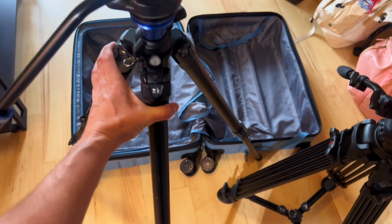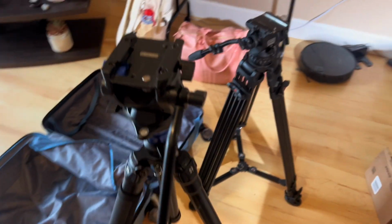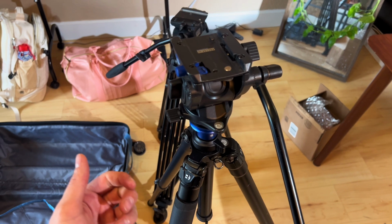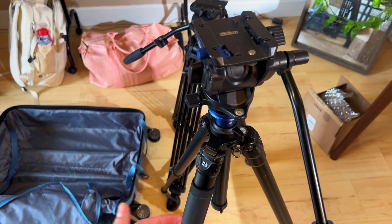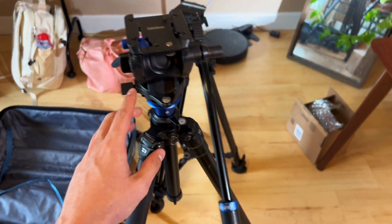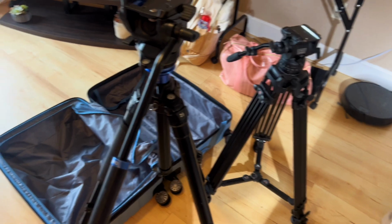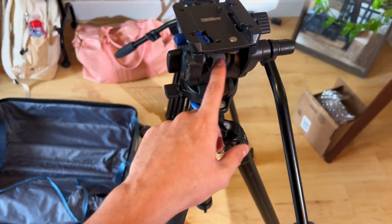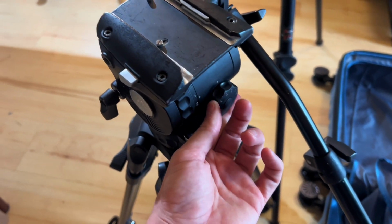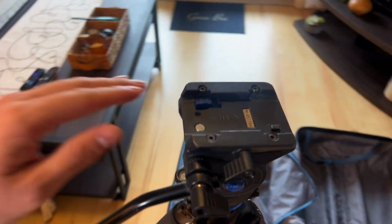this super lightweight little tripod, which was perfect for when I had the GH5S before my C70, the 80D, the 60D. This thing was perfect for that, and it was perfect for my skills at the time. Now it's perfect for this type of job, even though this is a much better tripod. The only thing it doesn't have, which I really, really wish it did, is the counterbalance. It makes a big difference when you have a heavy payload like this on, but I can still get it